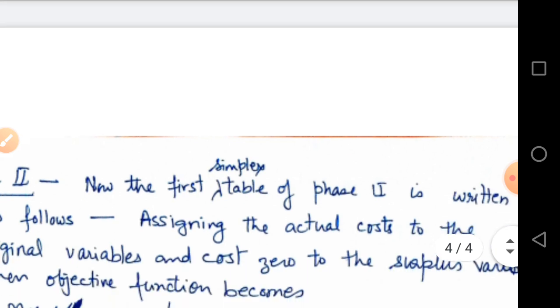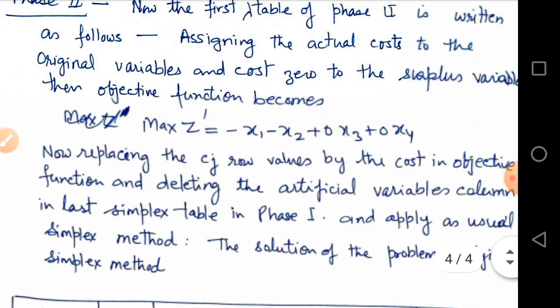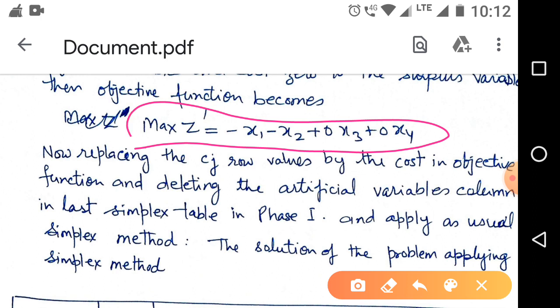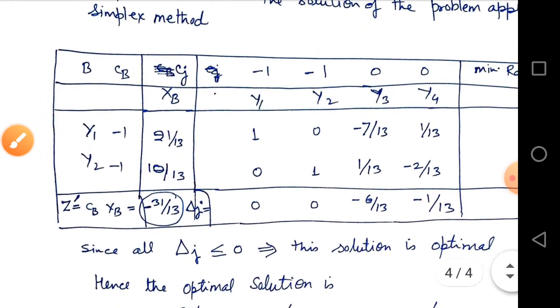So we get this type of table, and the objective function is the same: maximize z' = -x1 - x2, with 0 as the cost of the surplus variables x3 and x4, and we get the simplex table of this type.